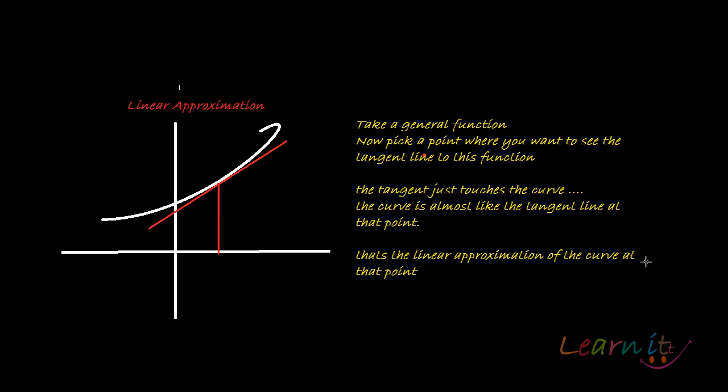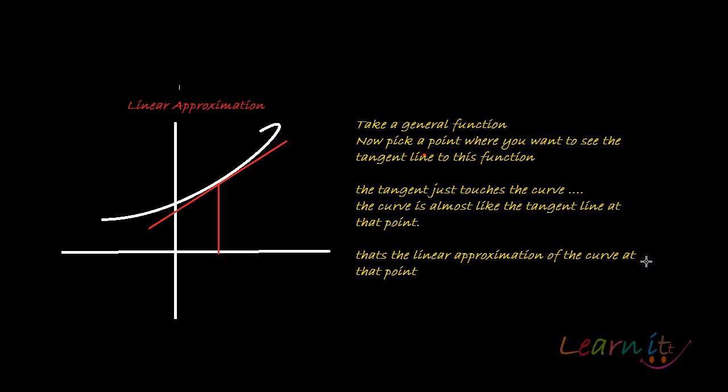Now that we know the correct visualization of a tangent line and a derivative at a certain point, where the slope of the tangent is essentially the derivative, we can talk about any curve along with its linear approximation. When you are talking about a function, it might not necessarily be a linear function, but when we are working things out, it's very easy to look at linear things. So at any point we can look at a linear approximation of a function at that point.